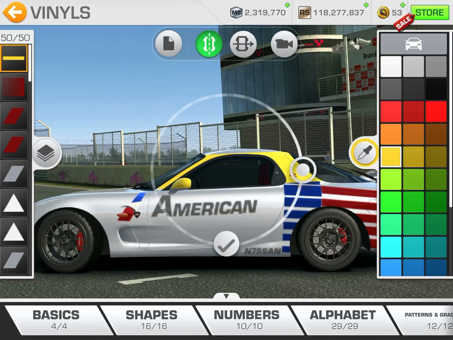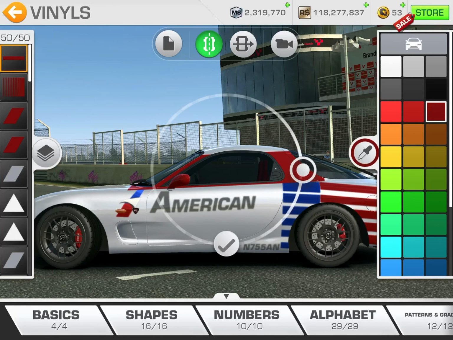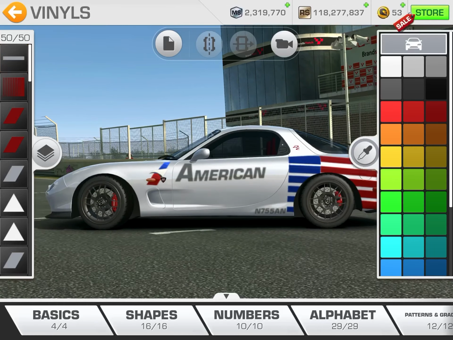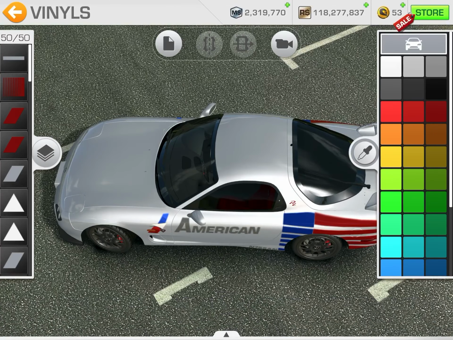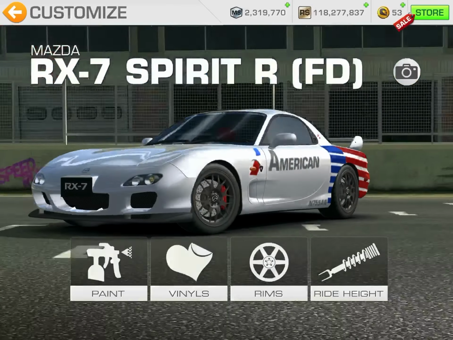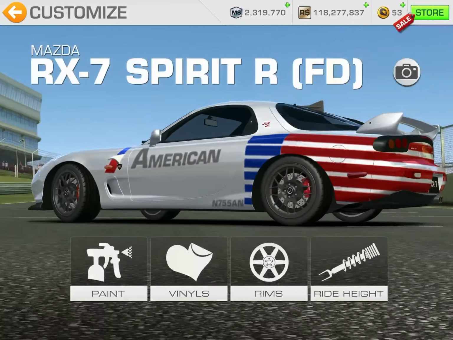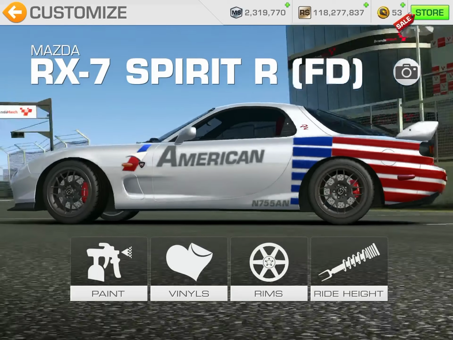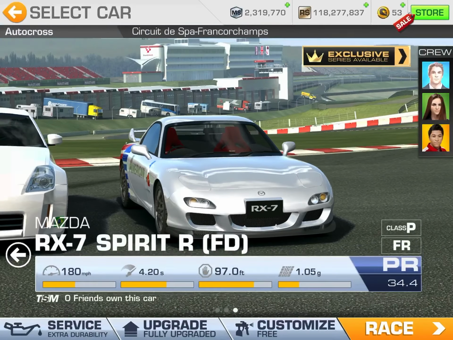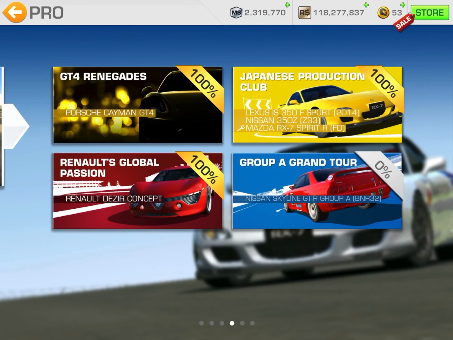What I typically do, I'll turn this a red so I can see it. I'll bring it down, and once it's covering the part that I need it to cover, like so, I'll cut it like that and turn it the color of the car, and there. And that's good for me right there. So those are some customizations I've done where I put the livery of planes on the cars. So let's go ahead and talk about what you can do if you do not have a bunch of